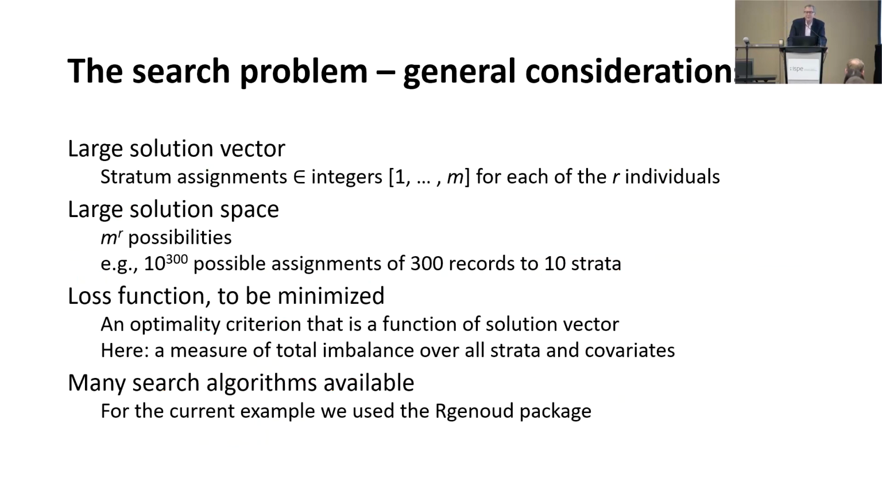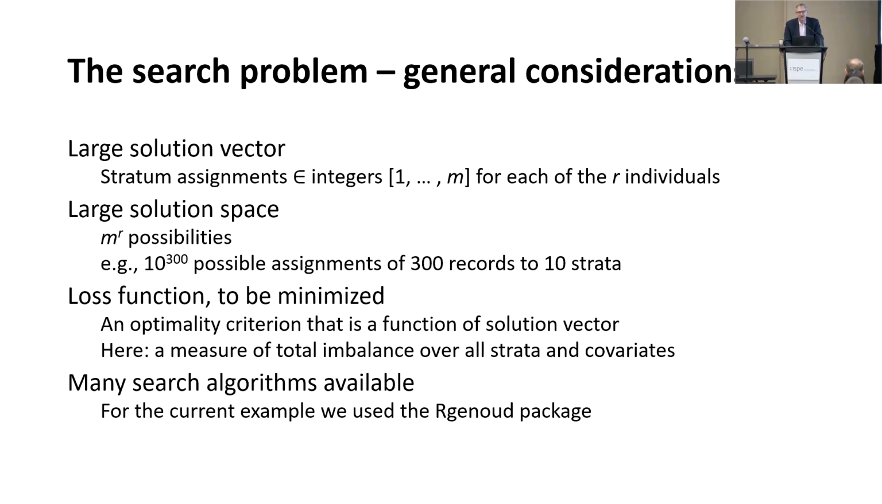Now, optimal stratum assignment can be represented as a solution vector whose elements are the stratum assignments and whose length is the number of individuals in the study. The space of potential solutions is enormous, being the number of records raised to the power of the number of strata. The task is to find a vector that corresponds to the minimum of the loss function. For this purpose, we've used the R package GENOUD, which is a